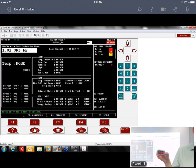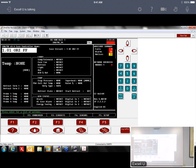Then the next parameter is BR, baud rate. And again, it defaults at 9600. I want to change that to 19.2. And that's it. So once you get your addresses set here, again, I would plug the network back in, and